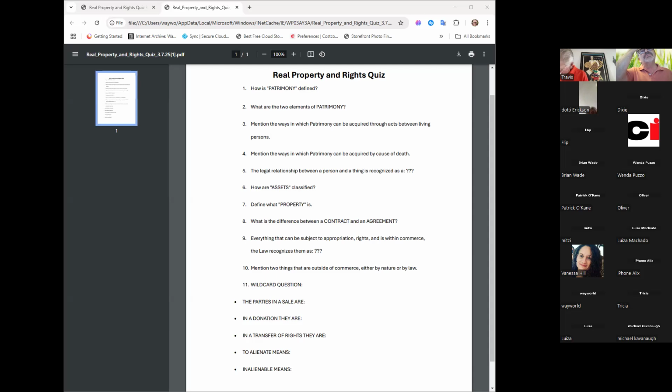For example, or donate, probably. Yeah, no, donate. No, you can't donate. Yes, but you cannot, inalienable a thing. You cannot do it with, for example, you cannot sell a monument.